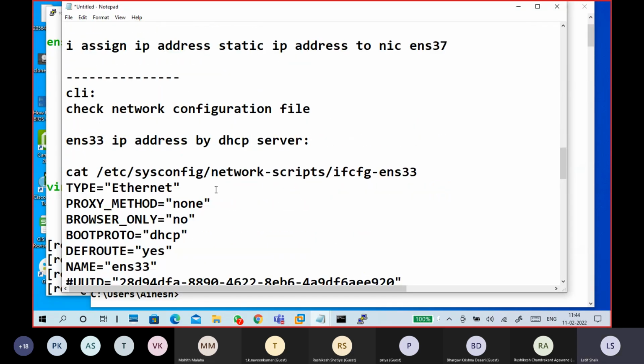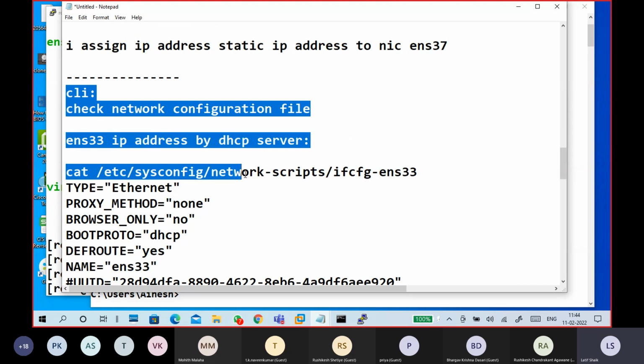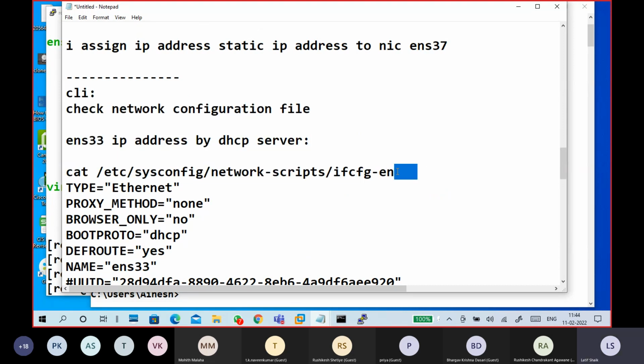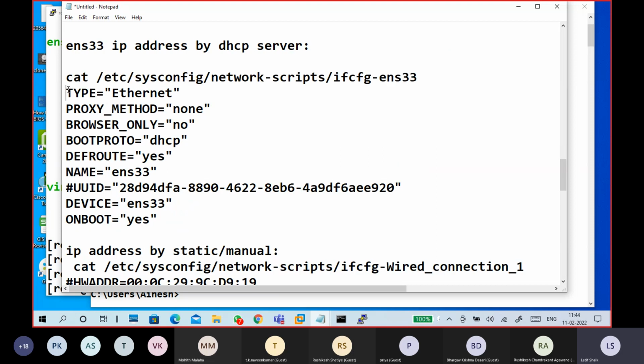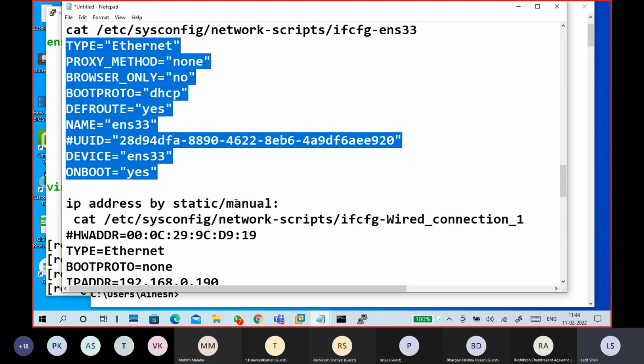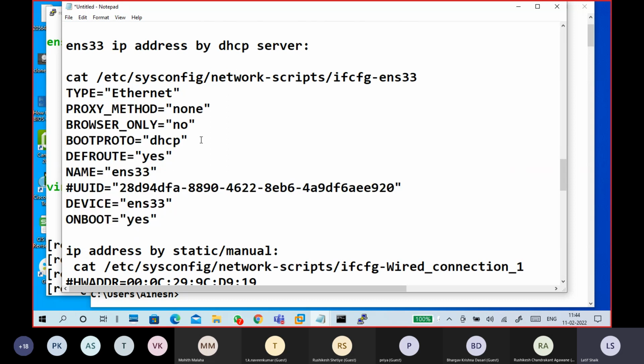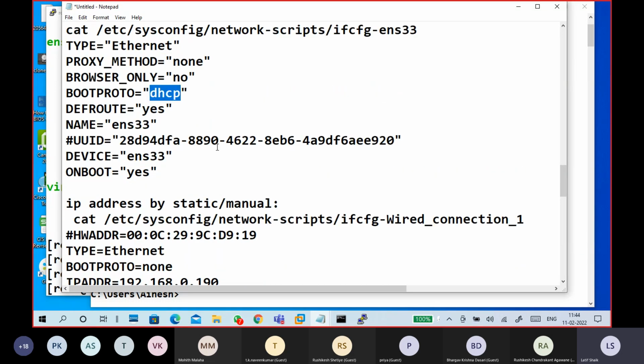Next one is in the CLI. Go to this file. Find out where this kind of file is and look at the configuration. The important thing to change, if you want to put the adapter in DHCP mode, is that BOOTPROTO must be DHCP. The remaining are optional, guys. This is compulsory.